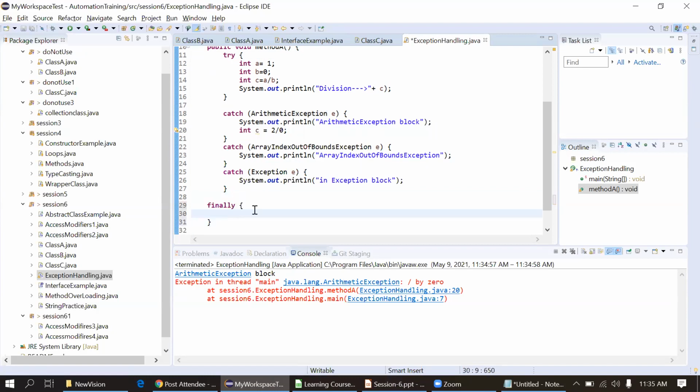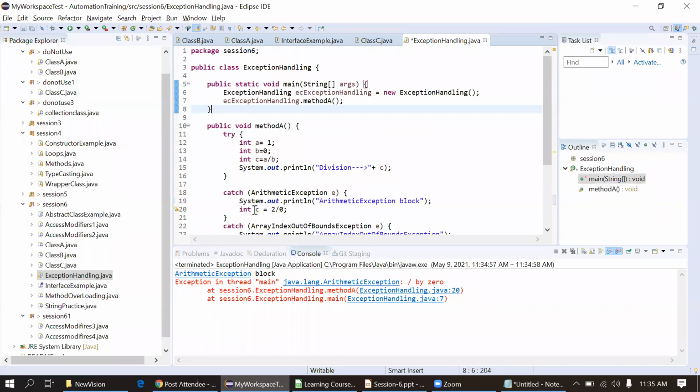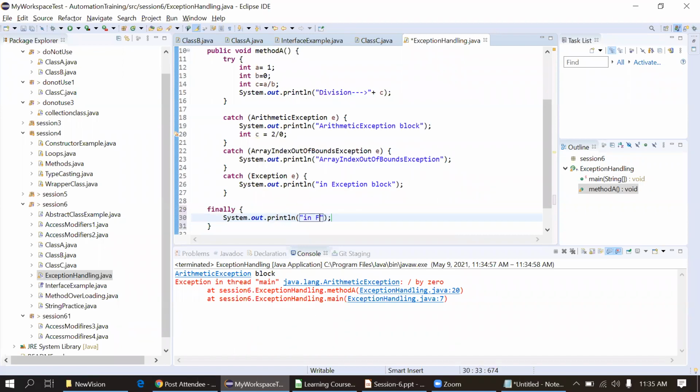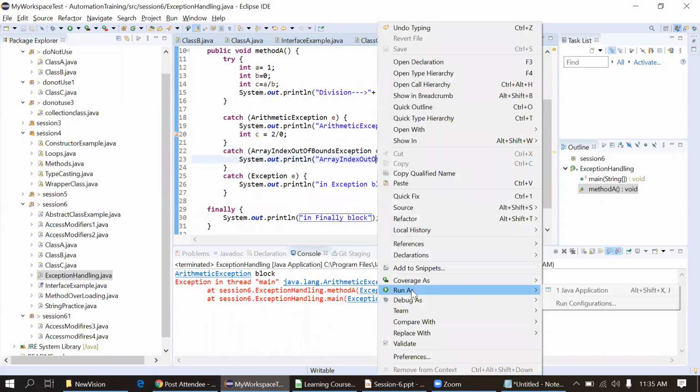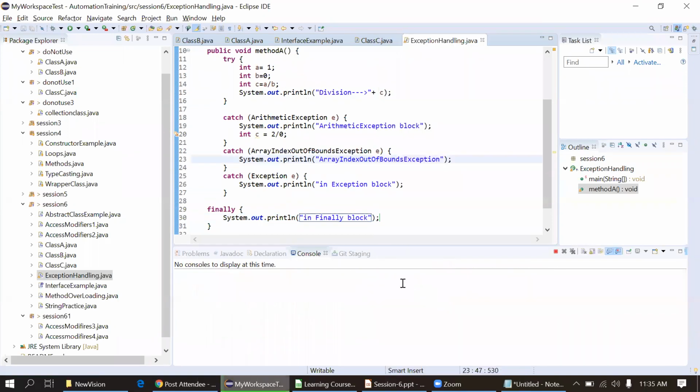Okay, so I will put this system print in the finally block. Now I'll execute this. It will throw the error, but it will also print the finally sentence.